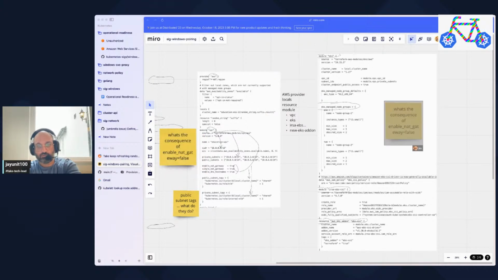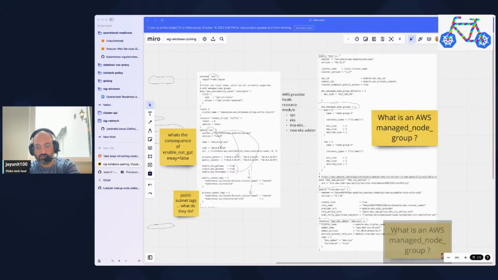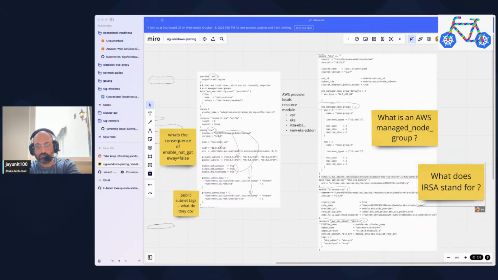And here's another one, right? What is an AWS managed node group, right? So you look for the things that clearly have sophisticated content in them, and you ask a question about them so you understand that. Like this is an obvious one, right? What does IRSA stand for? You know that that's going to come back to burn you, right? Like you run a Terraform module and you don't even know what the acronym is, right? So you get all this stuff figured out,